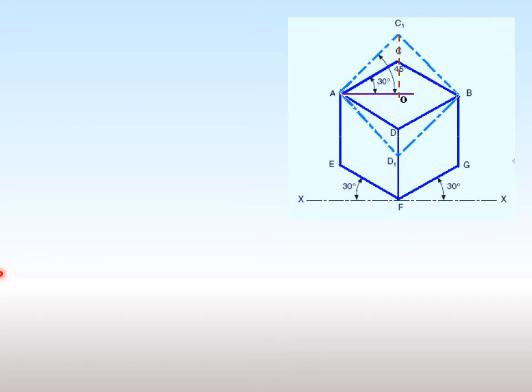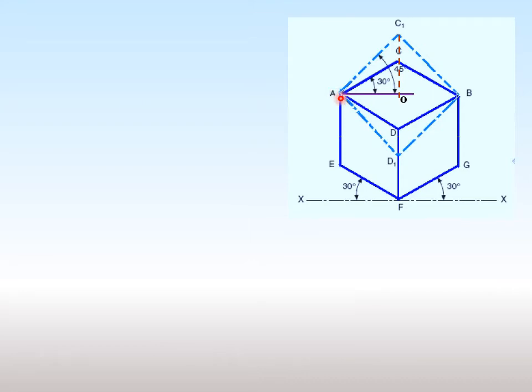Now we are going to get the representative fraction for isometric scale. Consider this figure. It is an isometric view of a cube. The cube is tilted in such a way that all the angles alpha, beta, gamma are equal to 120 degrees. You can observe the top face of the cube, it does not look like a square, rather it looks like a rhombus. So in order to get the representative fraction, I am drawing a square over this top face.